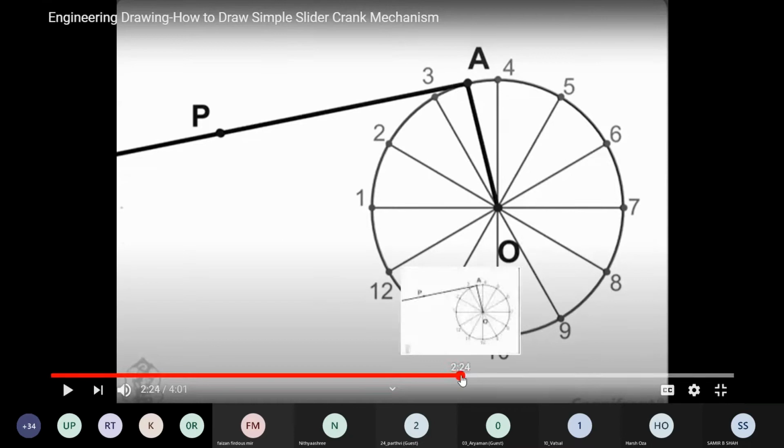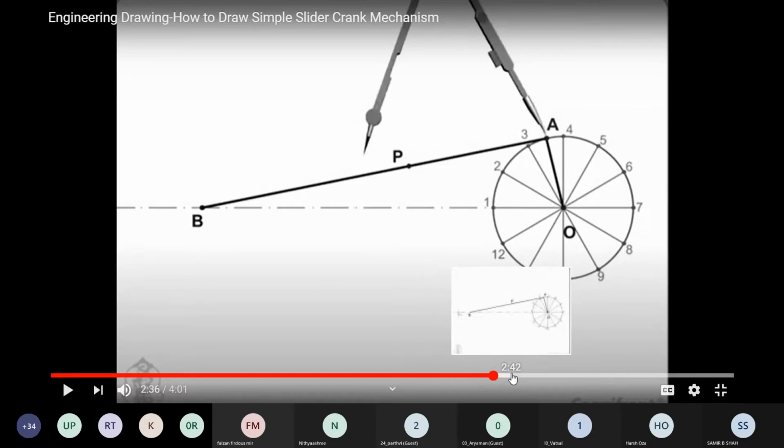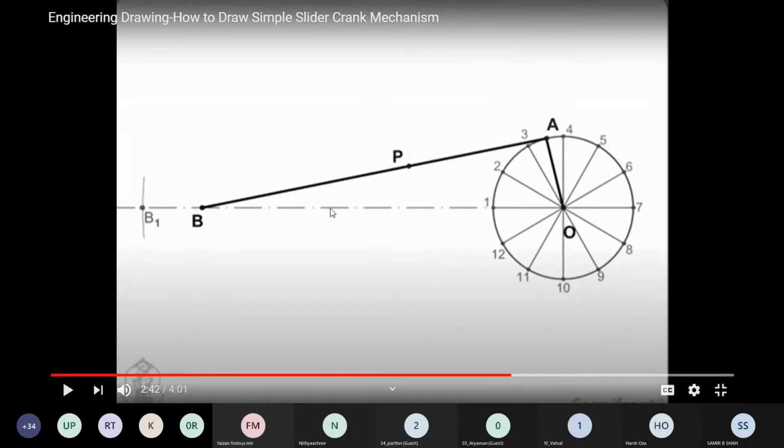After that, as discussed earlier, what we have to do, we are planning for the locus of this point and also for the locus of this point. So what we are doing now, already we have this dimension AB, that is